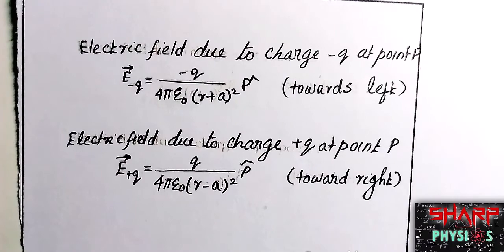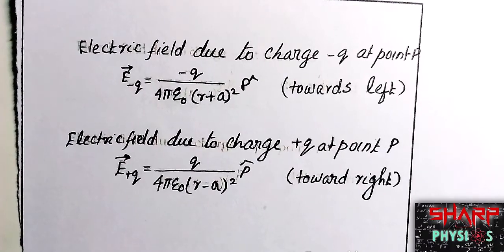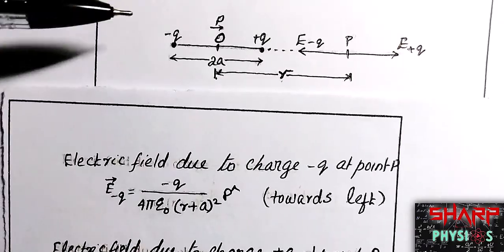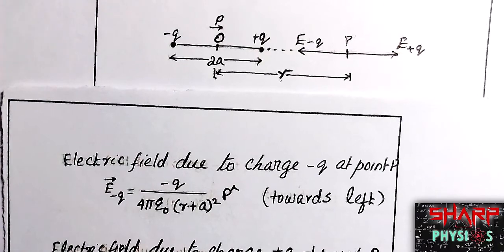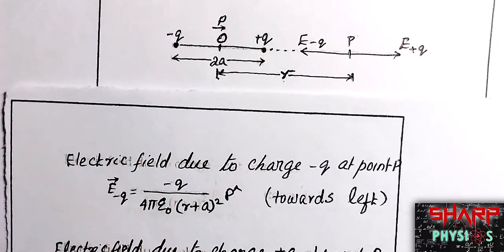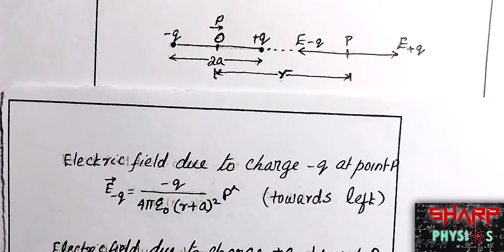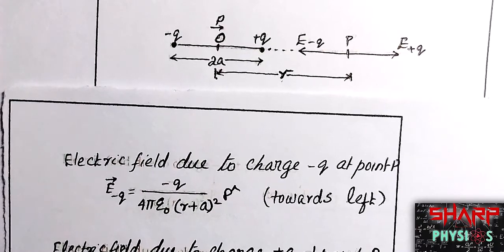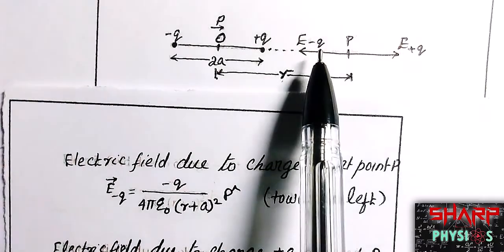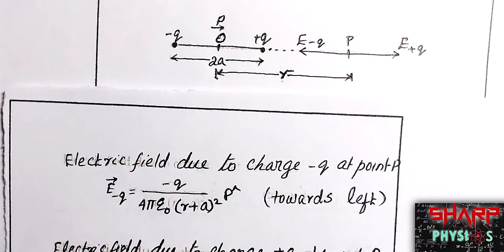You can see the electric field due to the charge -Q at point P, from -Q to this P, that is towards the left. That is electric field E of -Q is equal to,